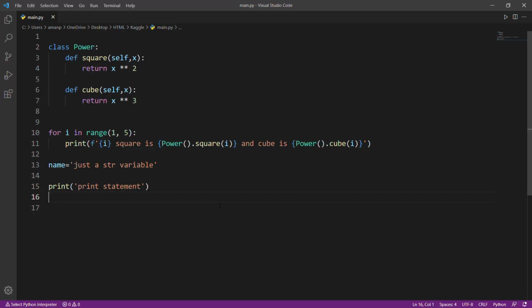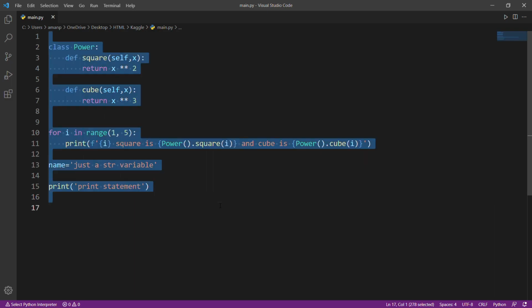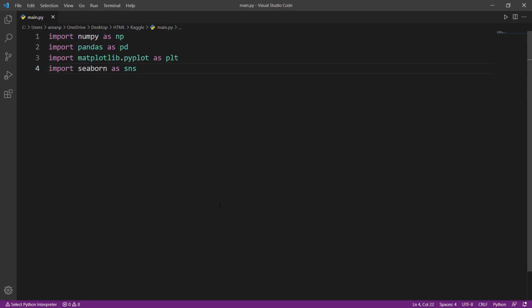So what that meant is that instead of this code, we can write a particular code that gets repeated in every project. So in that way, we only have to load this particular file.